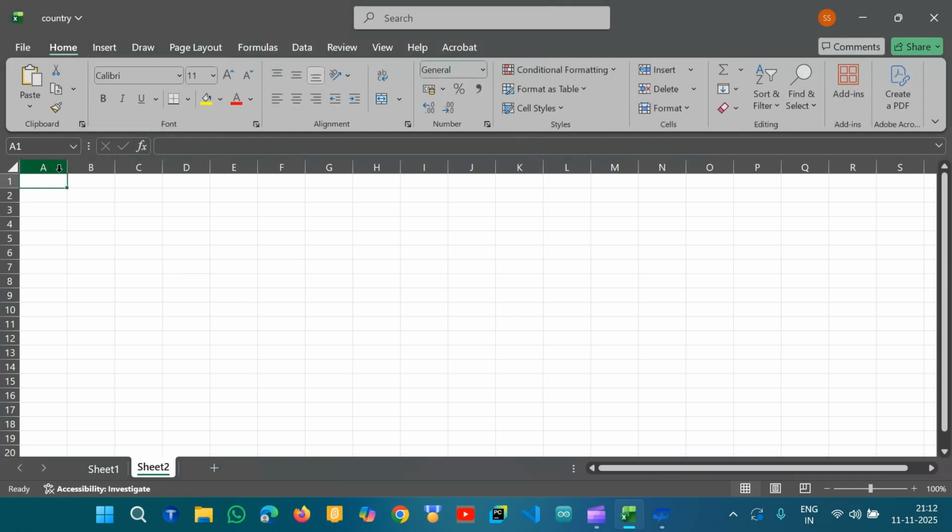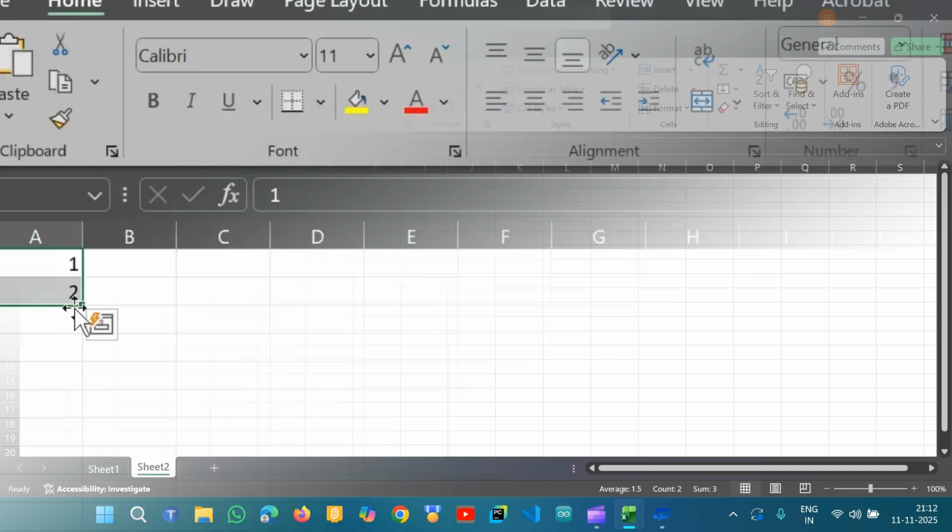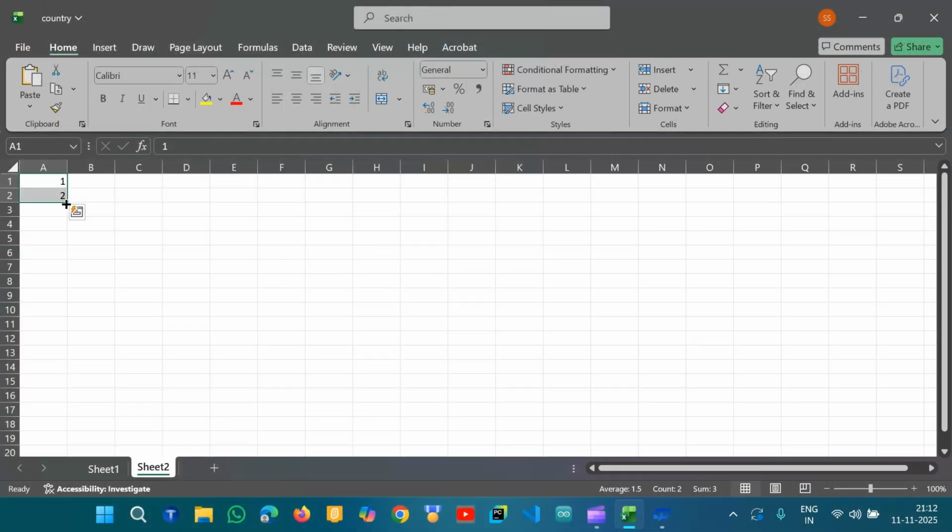First, see this. One, two. Now I want to take it to 100. You will think you need to do 3, 4, 5, 6, 7, 8 till 100. We need to write manually, but there's a shortcut. Hold your mouse, drag till here. Now can you see this little circle? See, my button became a small plus. So hold this and drag.